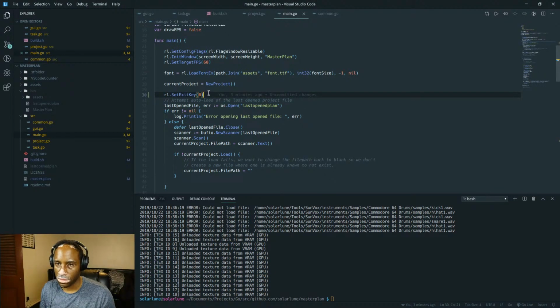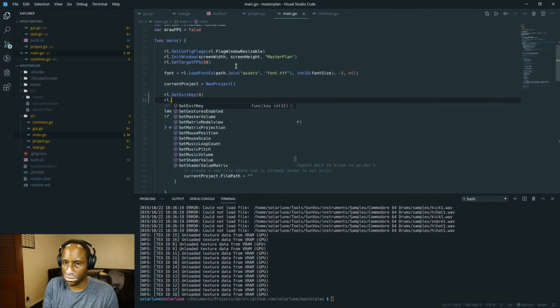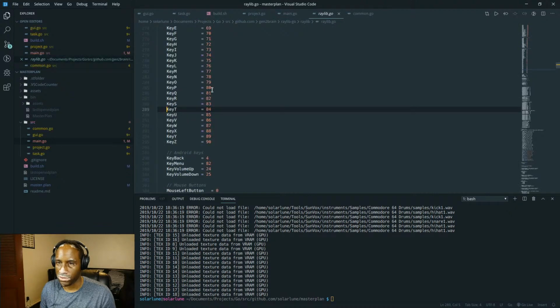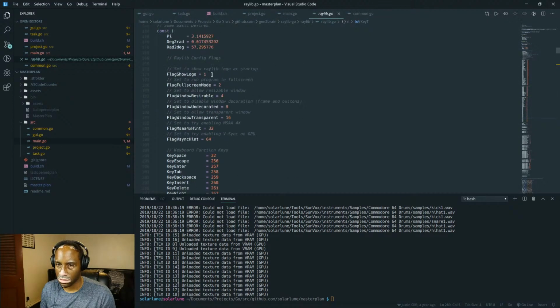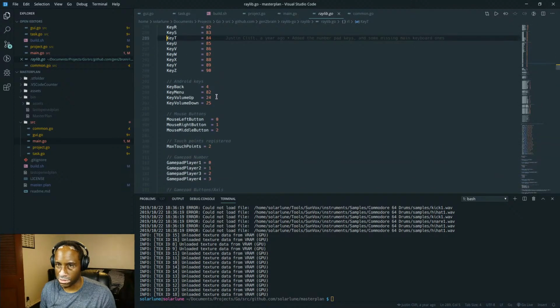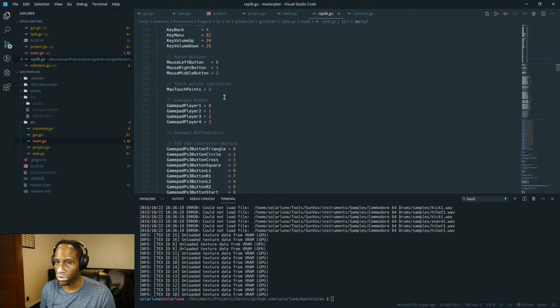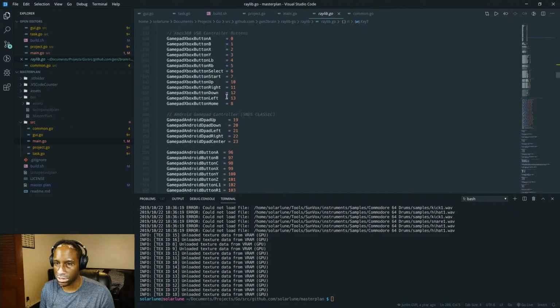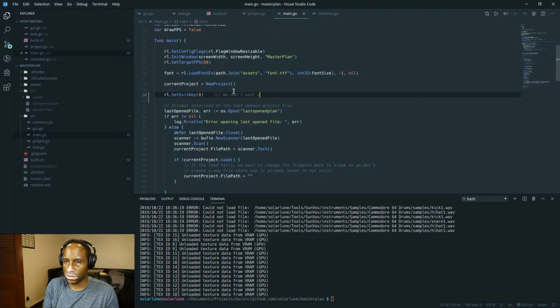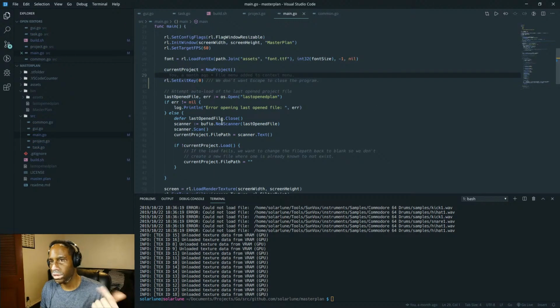What I want to do is check our arraylib to see if any key is key 0. I don't believe so, but I don't know that for sure. It doesn't look like it. Looks like every key is anything but 0. I'm not familiar with the key codes on computers, so I just wanted to make sure 0 wasn't like F1 or something. All right, so that should be good. We also want to be able to close with escape.